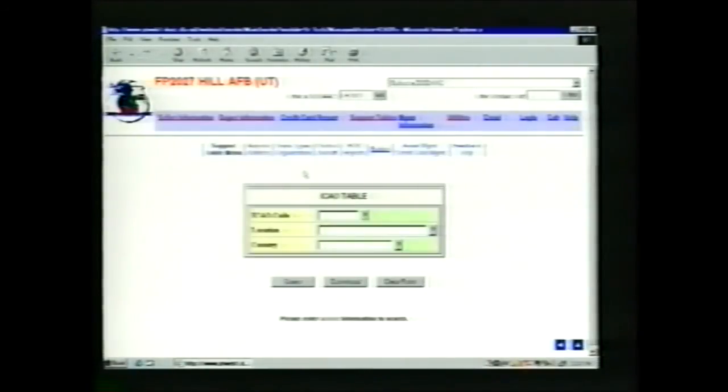Now let's look at some of the support tables available to the users. The support tables listed cover airports. If you have an aircraft that either purchased fuel at an off-site location, or you're wondering, where can my aircraft purchase fuel? What you do is you go to the airport support table, type in, in this instance, Germany,